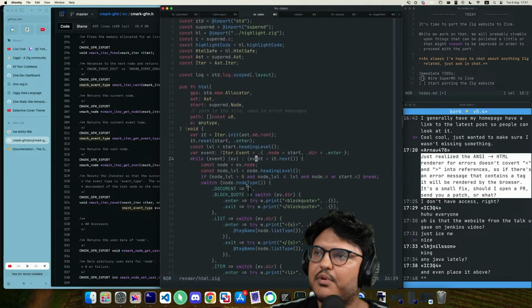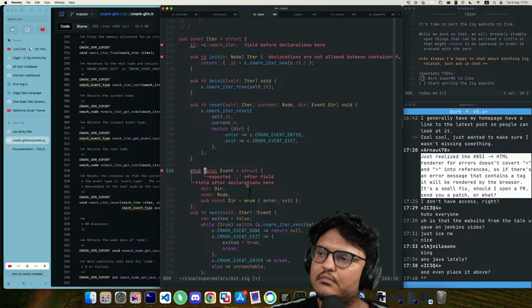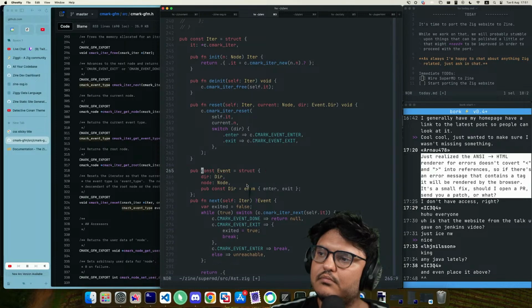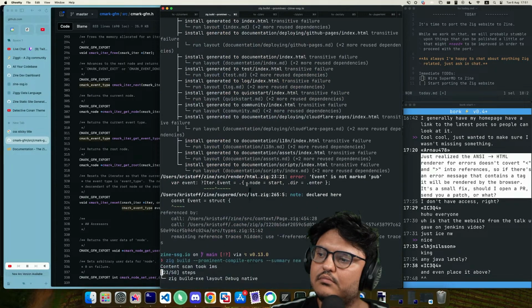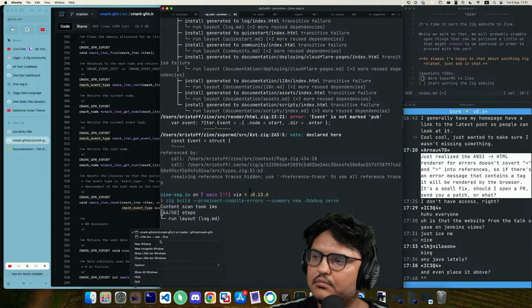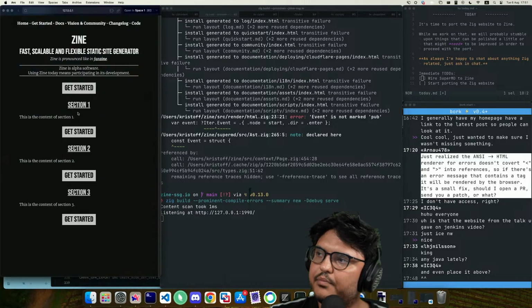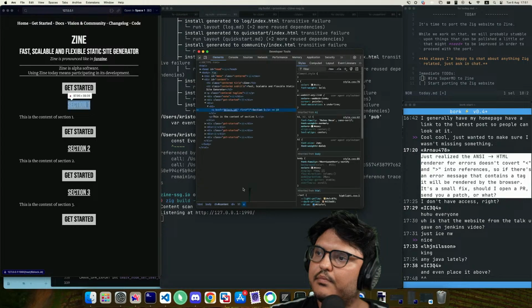Event is not marked pub. There you go. Now it works.